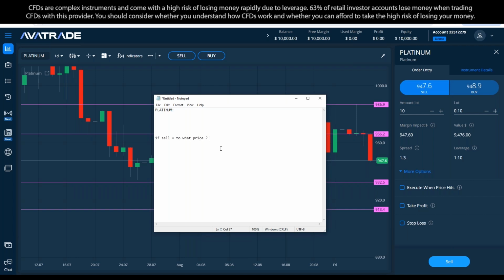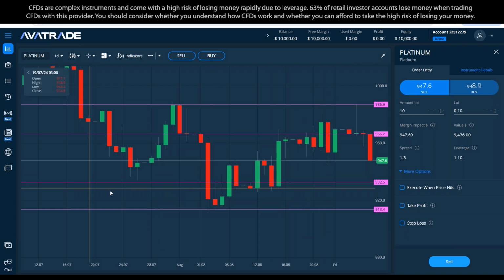Okay, so here you assumed it will move to 913.4, which is exactly where I marked. Okay, right? Now, if I'm going to sell and it doesn't reach, let's